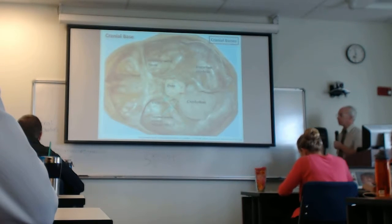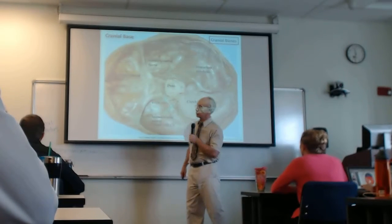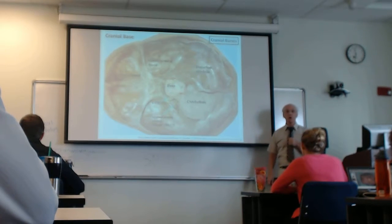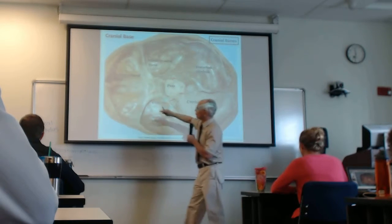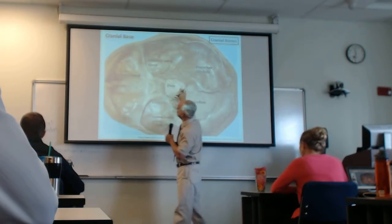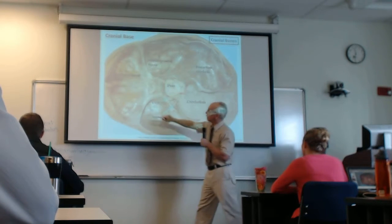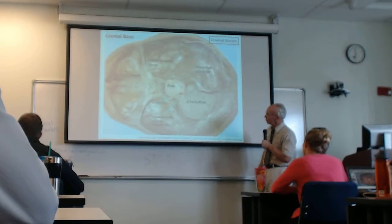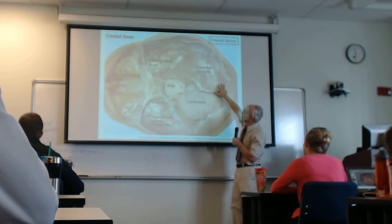Looking at a very similar sort of thing here, except what we're looking at includes portions of the dura mater. Remember, the dura mater is going to be firmly pressed up against the wall of the skull. We're going to go over this in more detail later. But what we're looking at is the floor of the cranial base with the dura mater intact. And so the dura mater is overlying the frontal bone there. We can see it overlying a portion of the middle cranial fossa. But back here in the